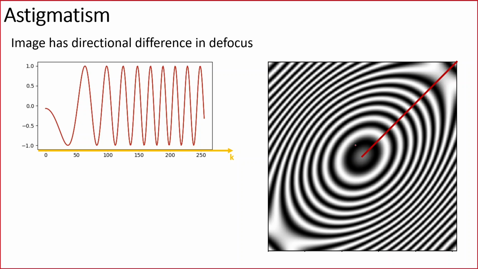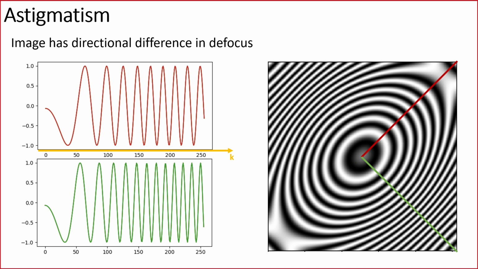This image was simulated with an astigmatism that has a 45-degree angle against the x-axis, and in this direction we can see that we have some oscillation of the point spread function or the contrast transfer function, but in the perpendicular direction the oscillation is much faster, more dense. We can see it on the green curve versus the red curve, or visually we can inspect it on our micrograph, or the Fourier transform of the micrograph. This is simulated data. This is an extremely exaggerated